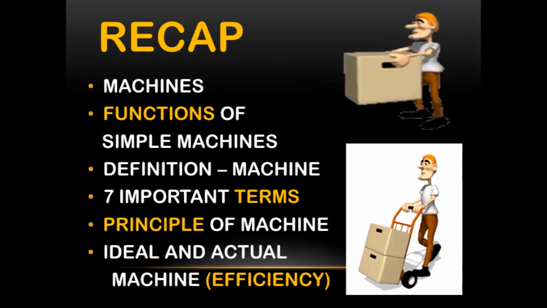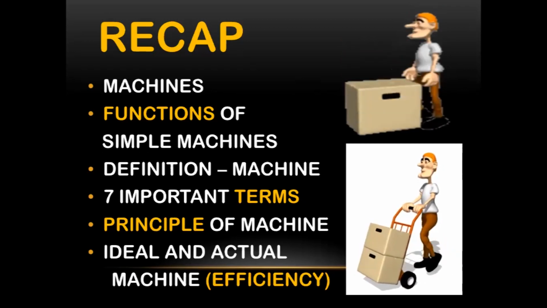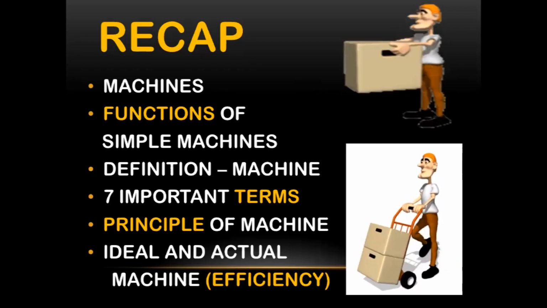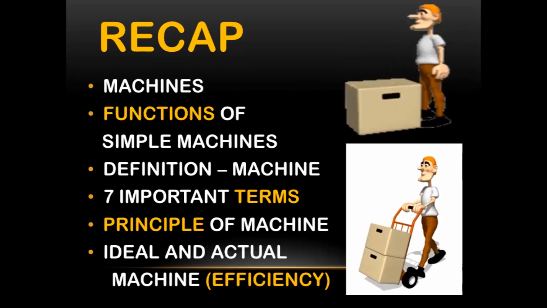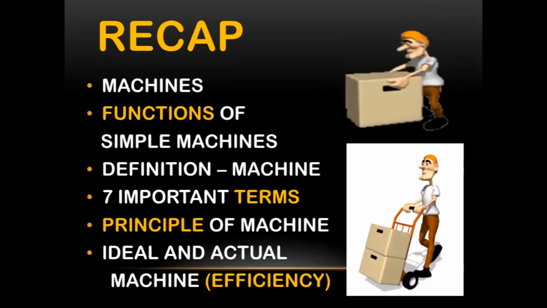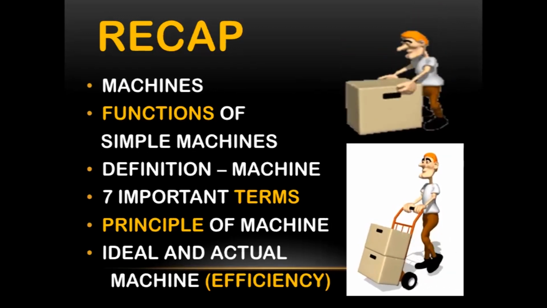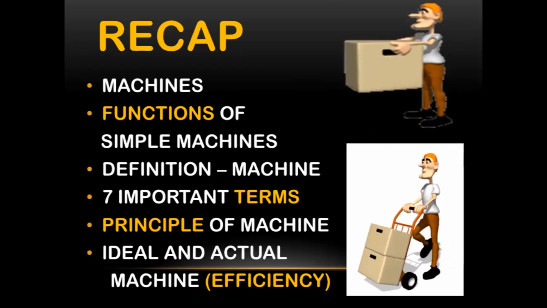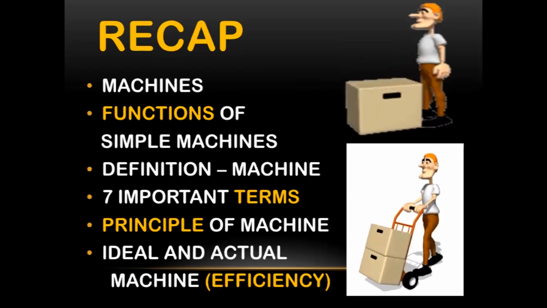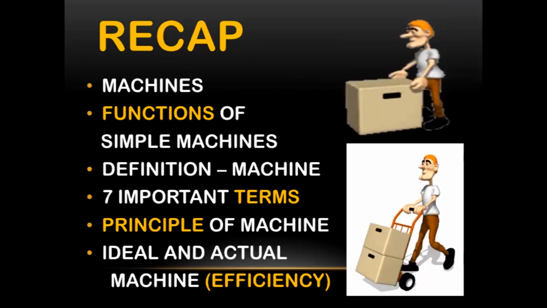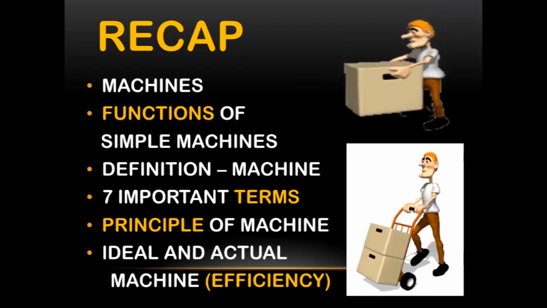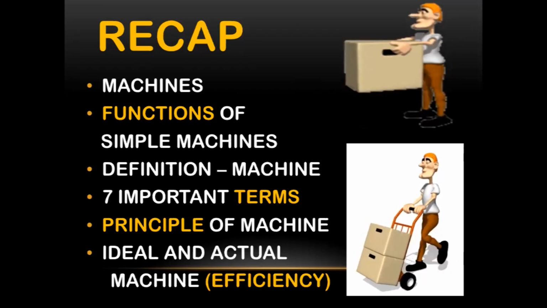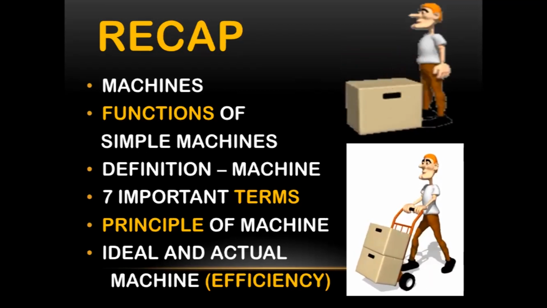So in this chapter, we learnt about machines. Machines are something that makes our work very easy. And we learnt about 4 functions of the machines. The 4 functions include: it acts as a force multiplier, it changes the point of application of effort to a convenient point, it changes the direction of effort to a convenient point, and the gain in speed. And then we learned about important terms like load, effort, mechanical advantage, velocity ratio, efficiency, and so on. We learned 7 terms, and we also discussed the definition of machine.